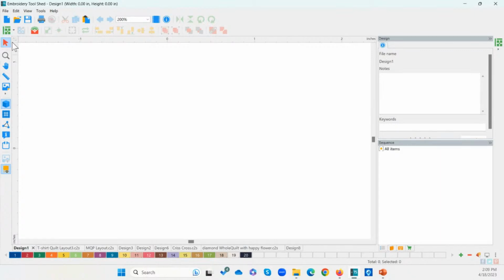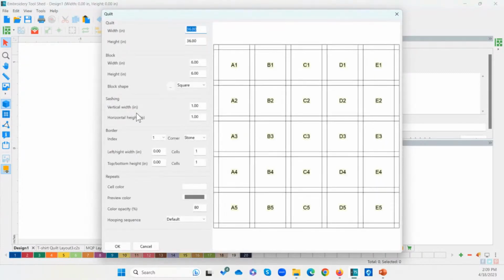Now, just a quick review. Two weeks ago, when we were talking about My Quilt Planner, we talked about building the quilt. If you missed that episode, go back and watch it, because I go into details on building your virtual quilt so that we can do our designing. My Quilt Planner has this built-in quilt layout tool that you click up here in the top left, and then you fill out the information about your quilt, and then we can design on top of it.